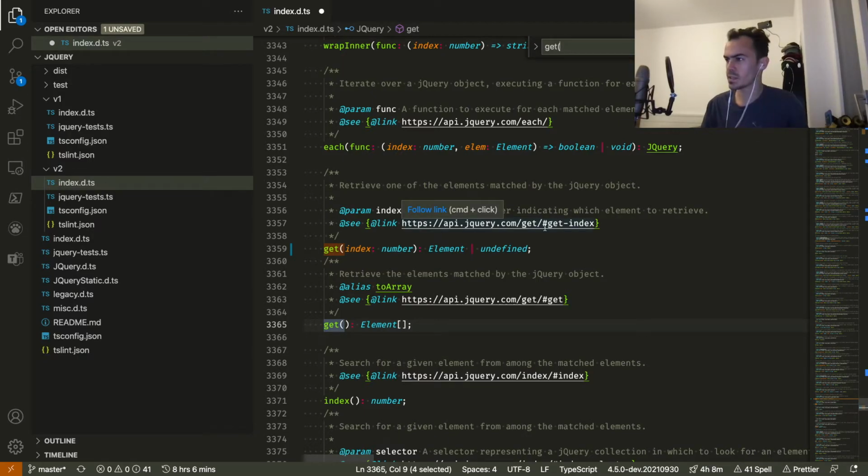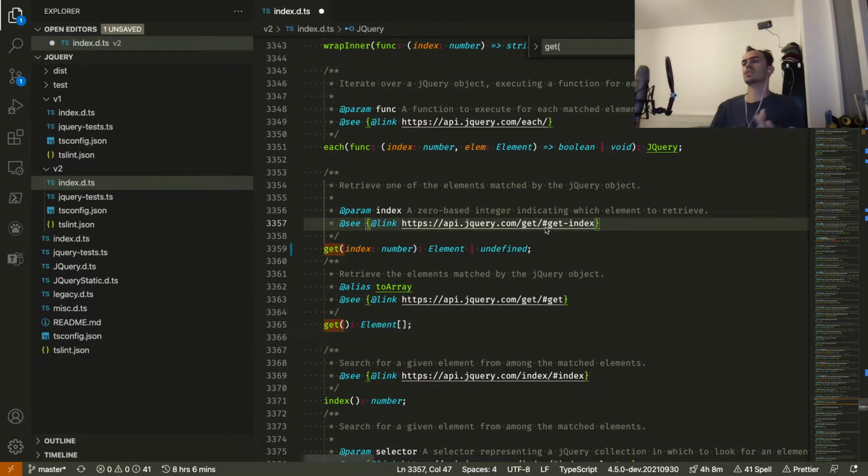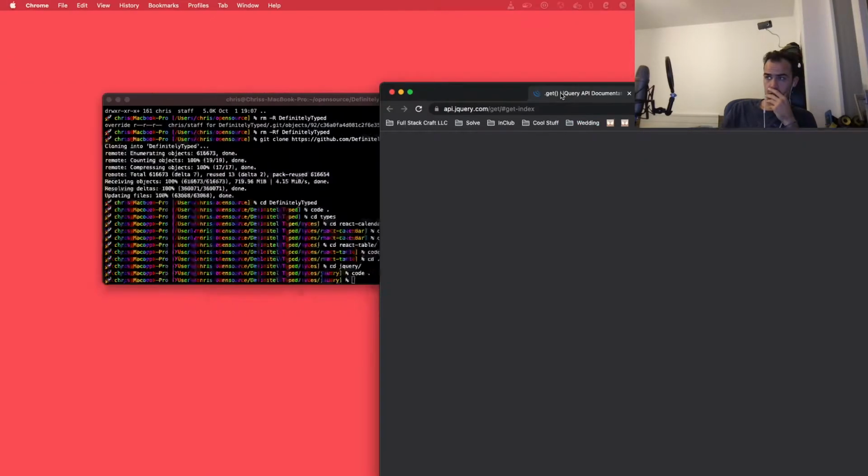Yeah, but I have to read the docs because I think it's based on if your selector's undefined anyway. Let's see what it says here.